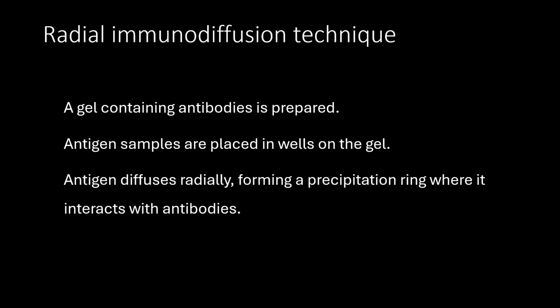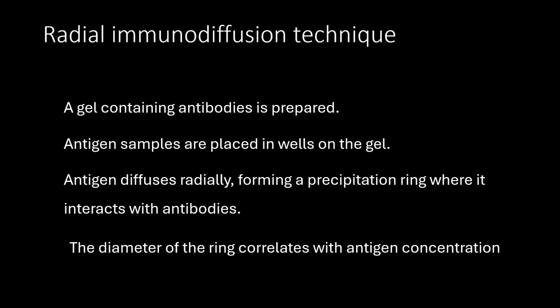If the antibodies are present, the antigen will diffuse radially, forming a precipitate ring directly when they interact with the antibodies. Using a ruler, the diameter of this ring will be measured, which will help us to determine the antigen concentration within the